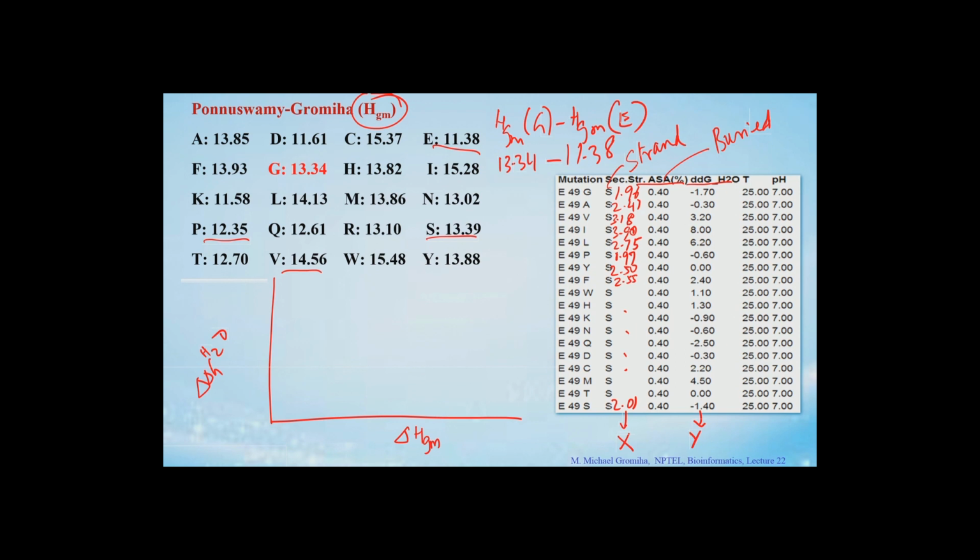You can plot first, and if you take 1.96, 1, 2, 3, 4. So, 1.96 and minus 1.7, minus 2, minus 4, 0, 2, 4. Okay. So, in this case, what is the number? 1.96 and minus 1.7, somewhere here. Second one 2.47 and minus 0.3, somewhere here, right. And the third one, this is E49G, 3.18 is somewhere here, E49V somewhere here. So, you can plot all these 20 values and then you see there is a good